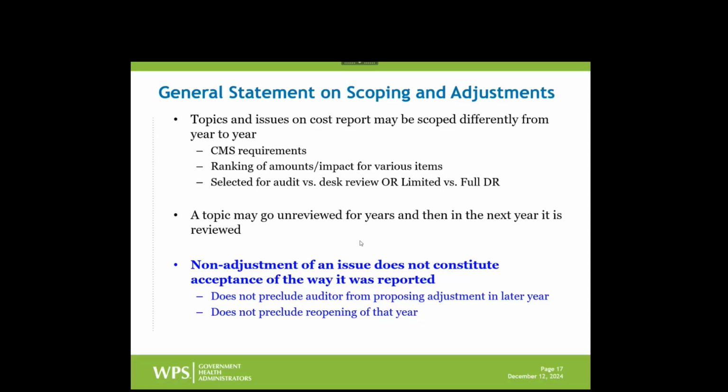The underlying rules are there. Yes, there's always that ambiguity in some cases on what that rule really means, what that black and white verbiage really means. But the rule is there, and we have to follow it based on CMS instructions. So the point is, the fact that we did not adjust something in the past doesn't preclude the auditor from proposing an adjustment in some later year when they do review it. And the other thing, though, is it also doesn't preclude reopening of that older year, as long as, of course, it's within the 3-year reopening window.